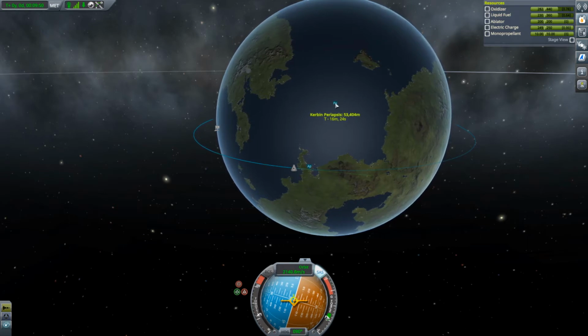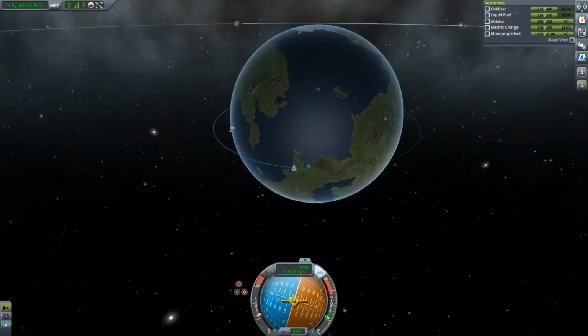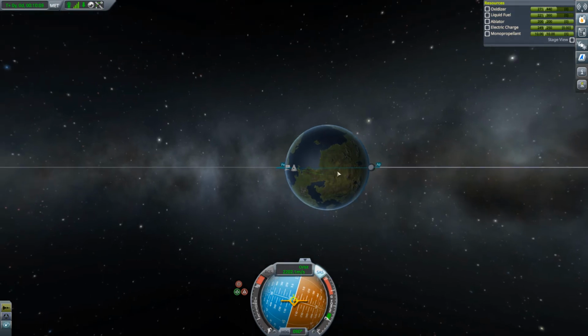$128. We'll pull this to about 120 as well. 120 to 130. So what I'm doing here is evening out my periapsis so that I've got a more circular orbit. Those will start to swap sides, and at that point I'll cut the engine. All right, so now what I've got to do is basically,